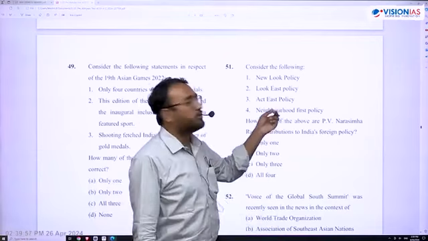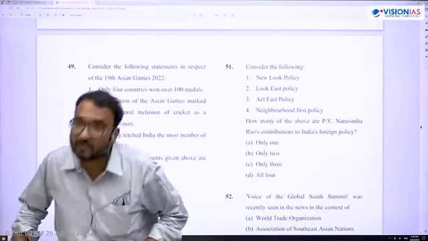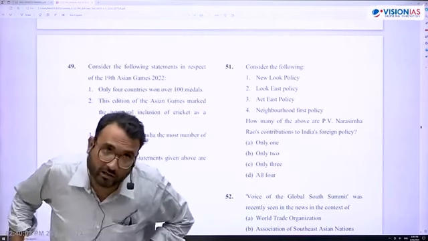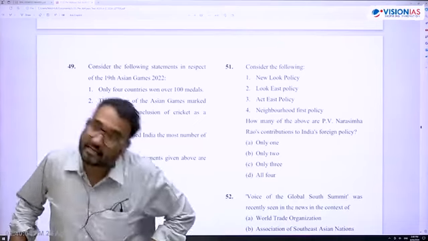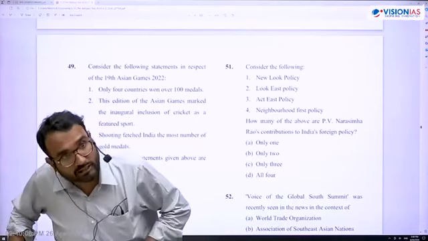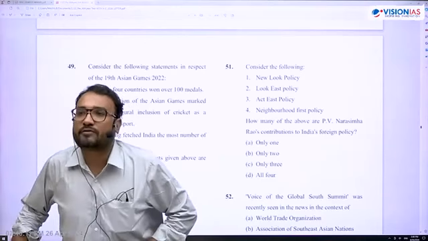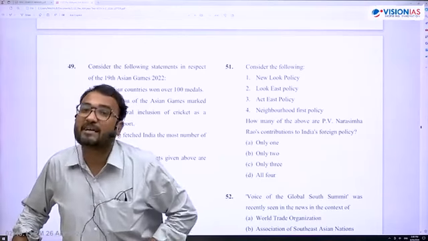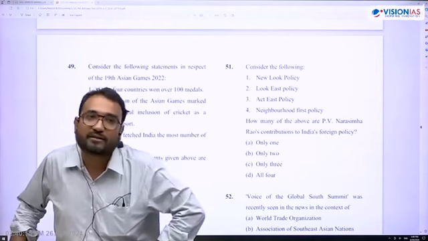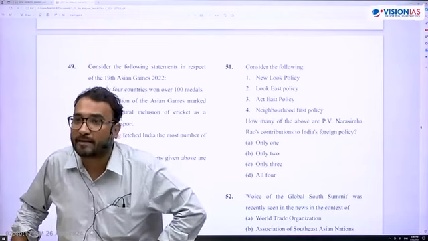Neighborhood first policy also, you know, when Prime Minister became the Prime Minister, first time when he took oath, he first went to Bhutan. Then he went to Nepal. Second time when he became Prime Minister, he went to Maldives. Getting my point? So the point is, all the time, what is neighborhood first policy? I.K. Gujral is also credited, but in the real sense, it is Prime Minister. So here they have taken it as for the present government.